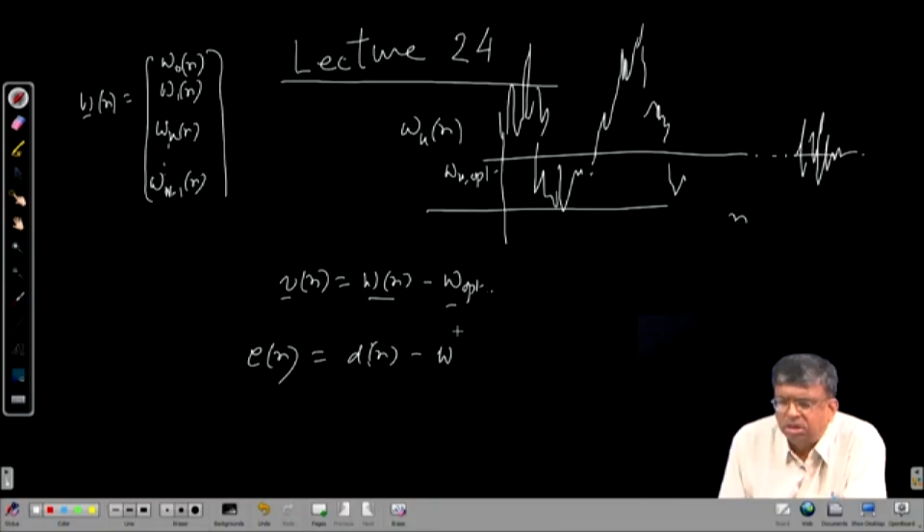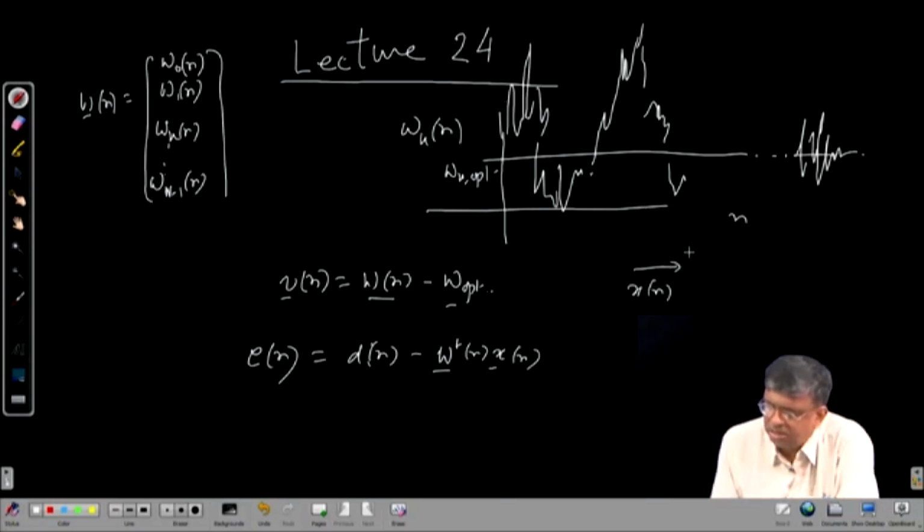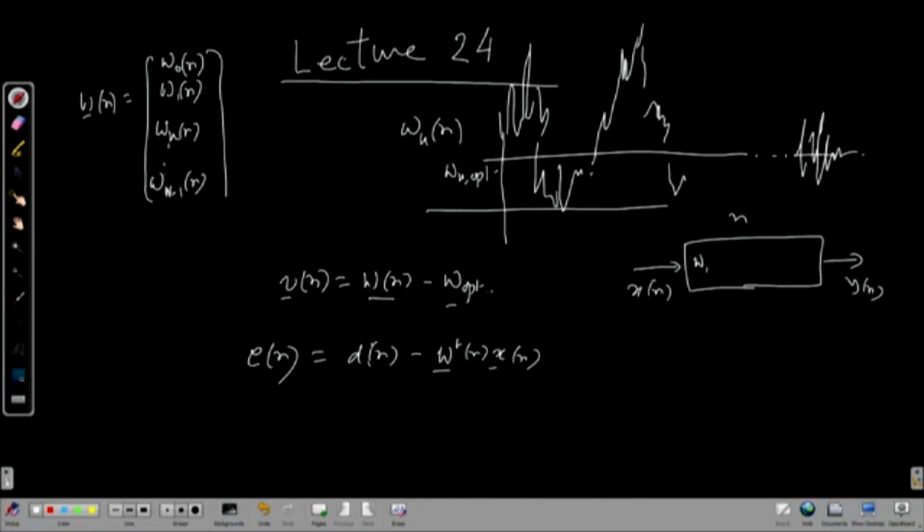W. Okay, let us consider a real case, because I do not think I have done the complex LMS algorithm. So, let us carry on with the real case. In the real case, it will be W transpose(n) x(n). This is the filter output, because x(n) goes into the filter, as we have seen many times. The filter output is y(n) at any nth clock. These are the filter coefficients, and x(n) is the data vector. No change in definition, I am just repeating them.